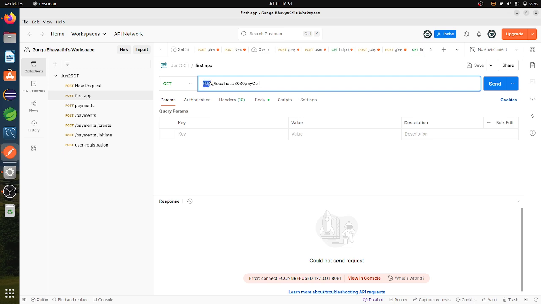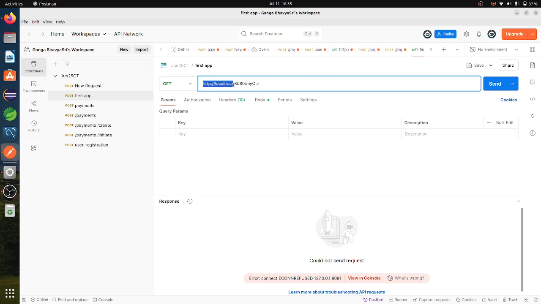Here this HTTP is the protocol. So whenever two different systems want to communicate with each other, they cannot directly communicate. Whenever the communication is happening in internet, it will happen through this HTTP call only. So if you pass this HTTP, the protocol, then the communication will happen via the internet.